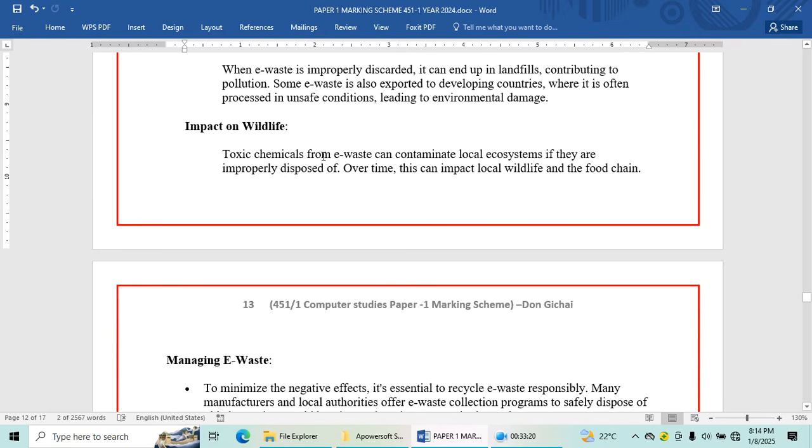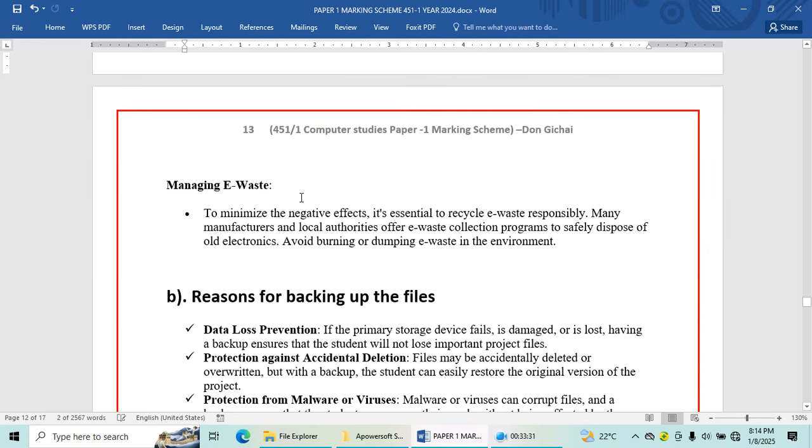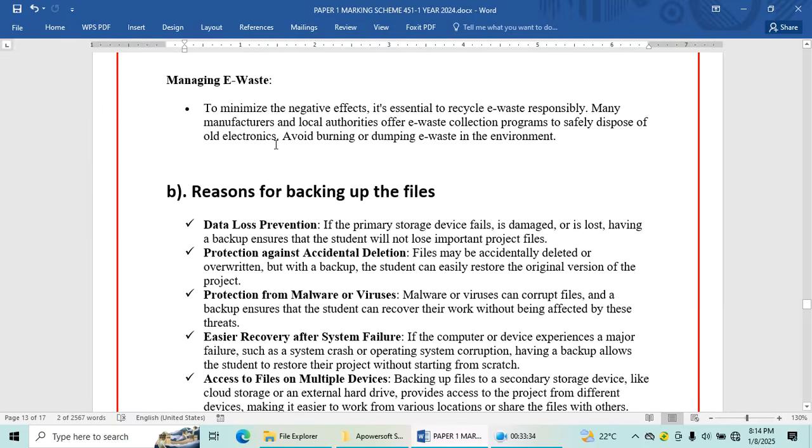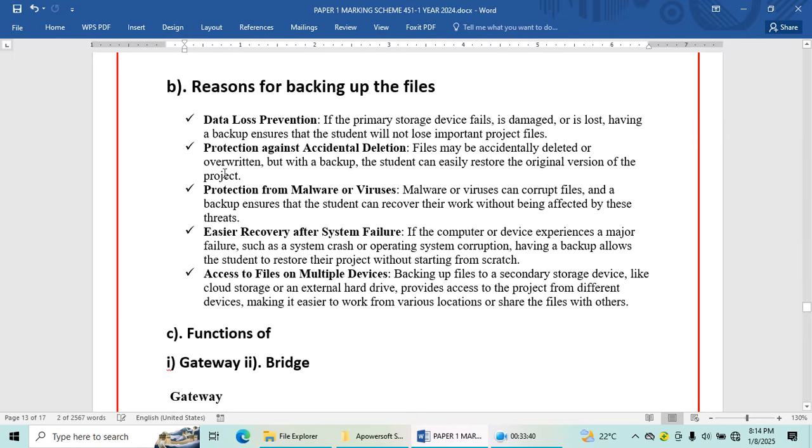Toxic chemicals from e-waste can contaminate local ecosystems if they are improperly disposed. So you should also check on managing e-waste. For example, the examiner this year, KCSE may ask how to manage the e-waste.